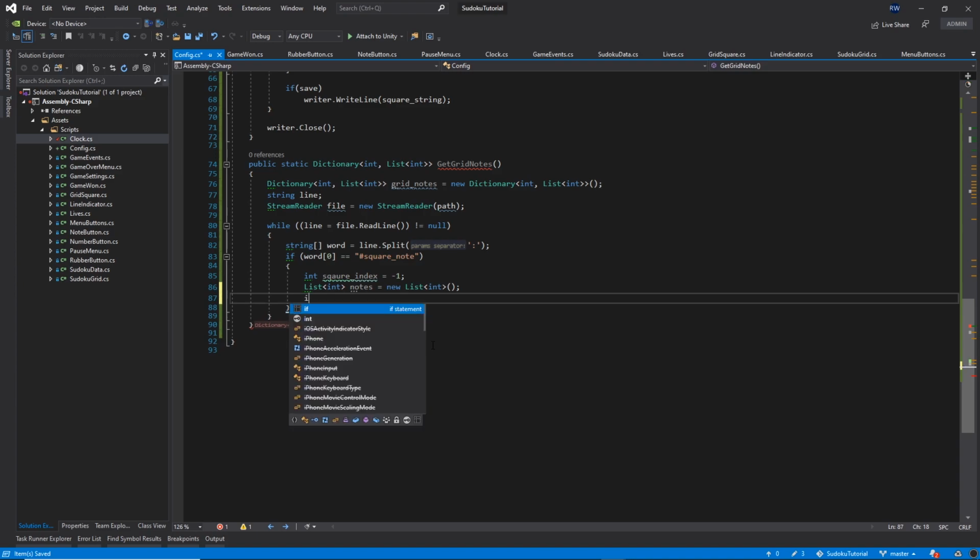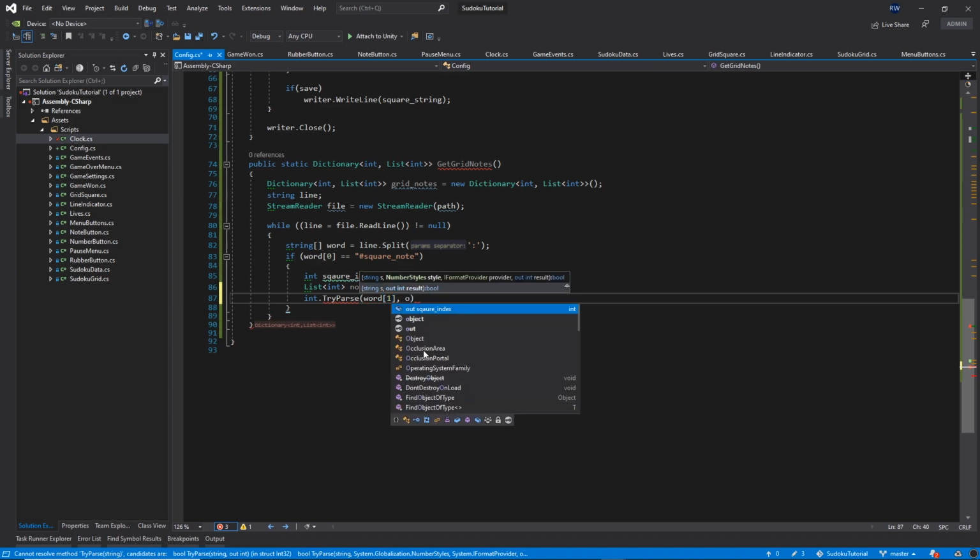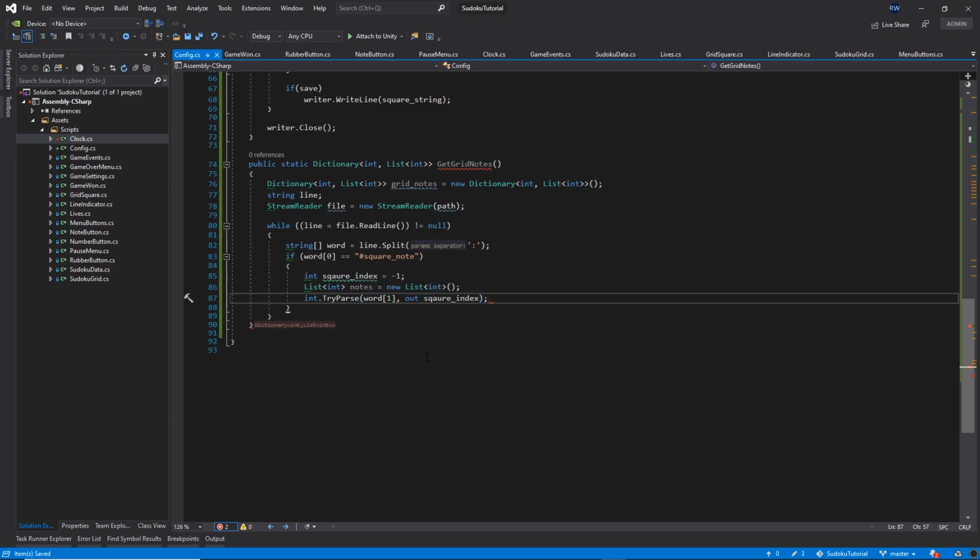And then we want to do int.TryParse, and we want to pass word 1, out squareIndex. Okay, then next line we want to do the string,